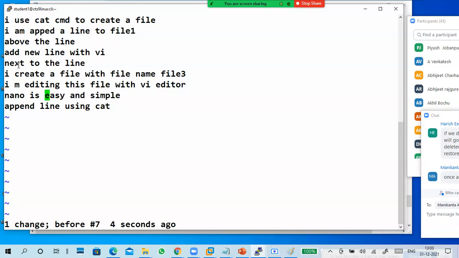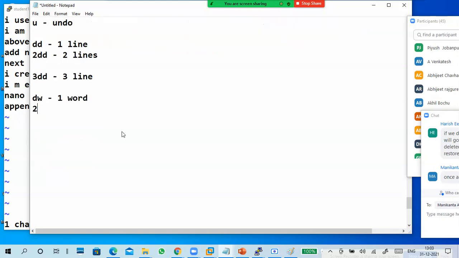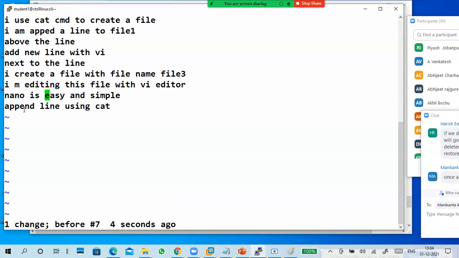So dw deletes one cursor word only. Two dw deletes the cursor word and the next word.